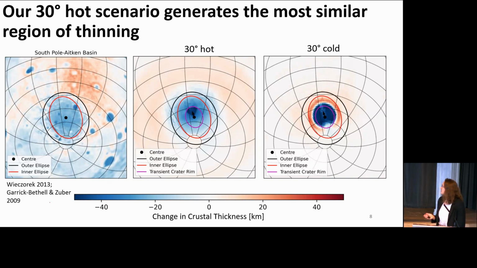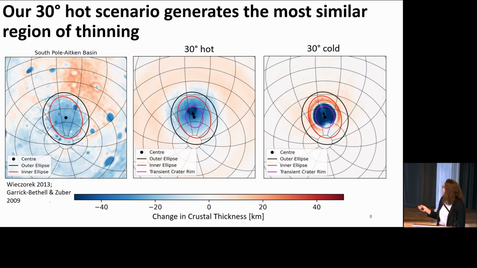So in the middle in blue is our thinner crust, and outside in red is our thicker crust. And it's not showing up too well on this screen, but it's showing better on the smaller screens. You can see that where it goes from blue to red is a lot more consistent for the 30-degree scenario versus the cold scenario. But what you can see on the screen is that in the cold scenario, it generates